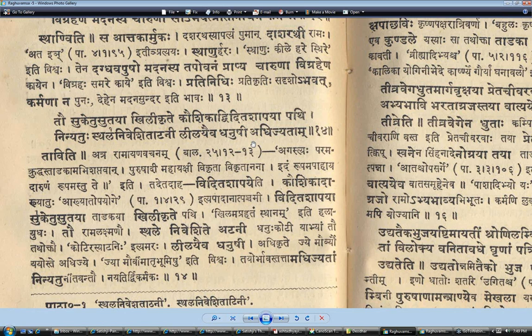This is also something I think mentioned in one of the prior classes. In this language, we can take somebody to a certain state. In the Gita, right? Klaibyam ma sma gamah Partha, second shloka of the second adhyaya. Klaibyam, so don't go to impotency. You will not say this in English at all. You will not say don't go to impotency; you would say don't be impotent. But here we can take something to a certain state. Like so, they took their bows, the two bows, to the state of being strung.